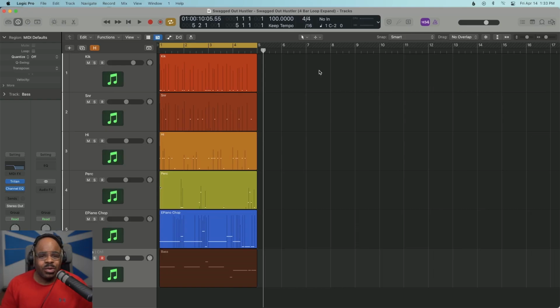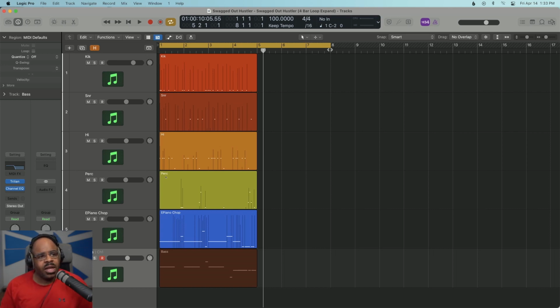step 3. This last tip is so simple. You're going to be like, why didn't I think of that? All you need to do is instead of making 4-bar loops, you make an 8-bar loop. Yes, now this is a slower tempo, so I'm able to do 8 bars, but if you're working at a faster tempo, just double that to 16 bars.